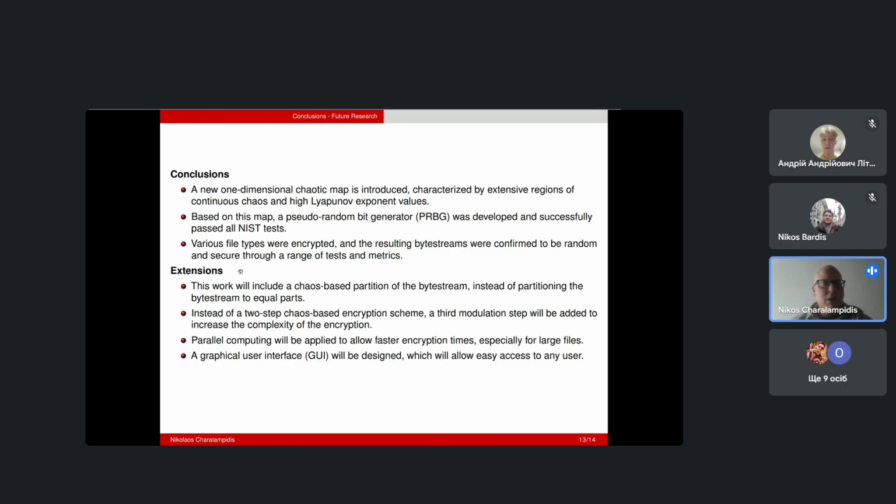To further extend our work, we're going to include a chaos-based partition for the byte streams instead of just partitioning the byte streams into equal parts. Instead of having a two-step chaos-based encryption scheme, we want to introduce a third step, a modulation step, either through S-boxes or a typical modulation step, in order to increase the complexity of the encryption. We also want to apply parallel computing because this will allow us to have even faster encryption times, and